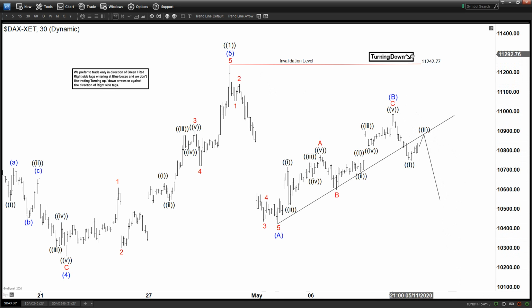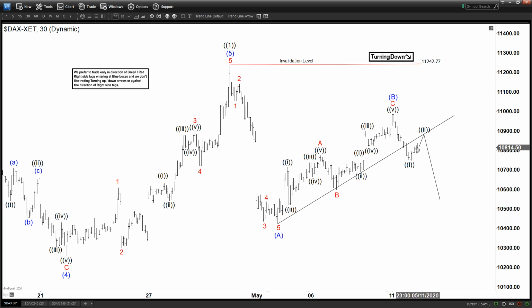Now you can see the arrow here is actually turning down, right? Because technically we do not have any lower low sequence at this point, right? In order for this to get the confirmation we're looking for, technically it needs to break below the A. So then you get a lower low, and then that signals that okay, the next leg lower is going to start. But until then, at this point we rely on this analysis that this looks like a 5 waves, and this cycle looks to be over because it breaks below here, this channel.